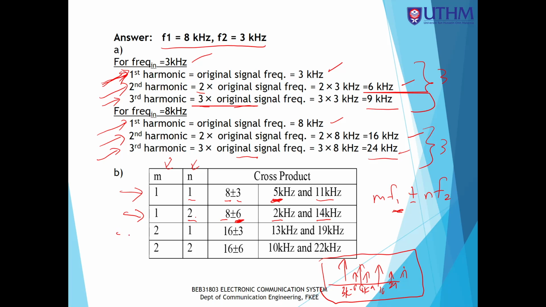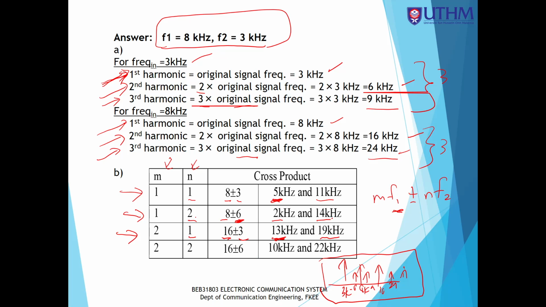Okay. So over here M equal to 2, N equal to 1. So therefore 2 multiplied with the fundamental frequency 8 kHz. So 2 kali 8 you akan dapat 16. Remember kita punya frequency yang ni 8 dan 3. So 2 kali 8 you akan dapat 16. 1 kali 3 you akan dapat 3 kHz. So therefore 16 minus 3 you're gonna get 13 kHz for the difference frequency, and 16 plus 3 adalah 19